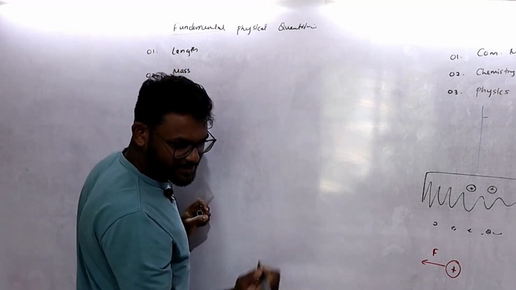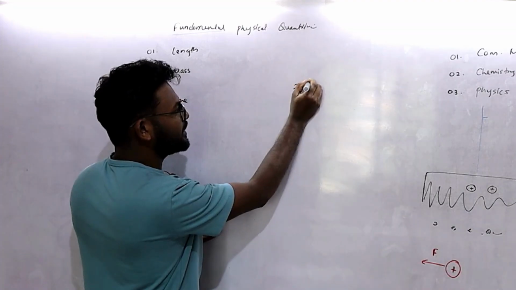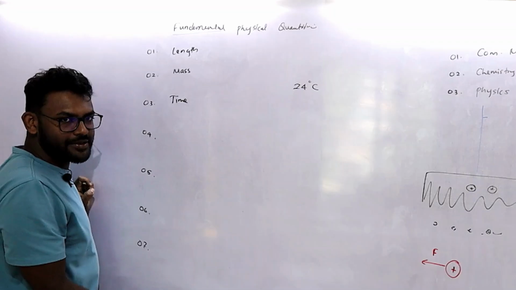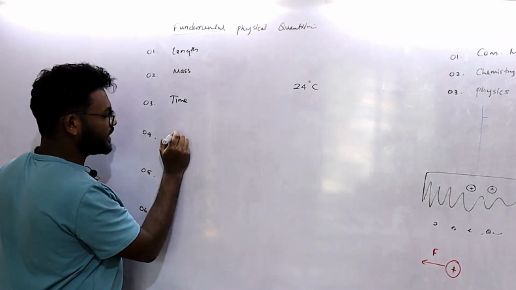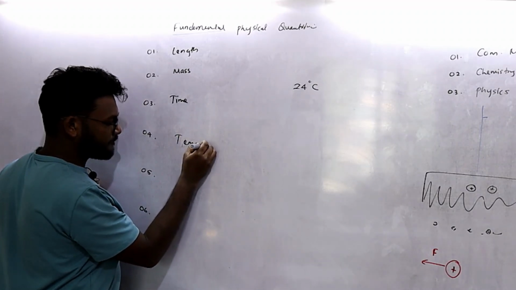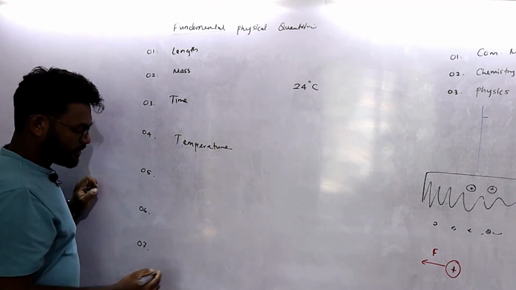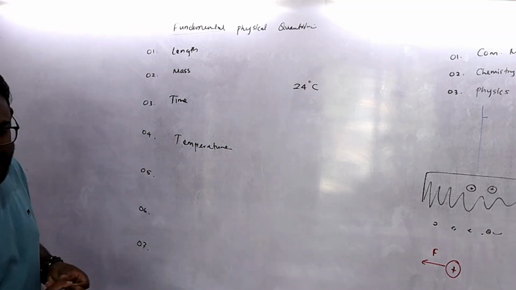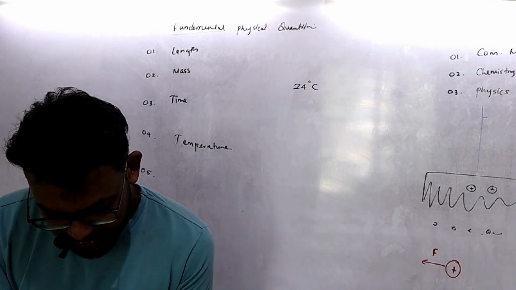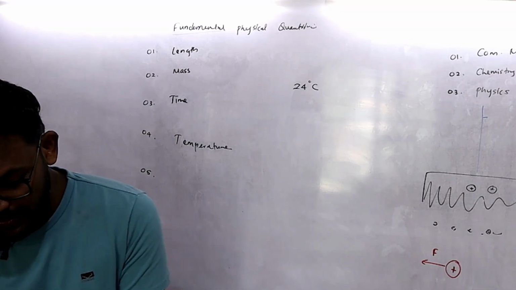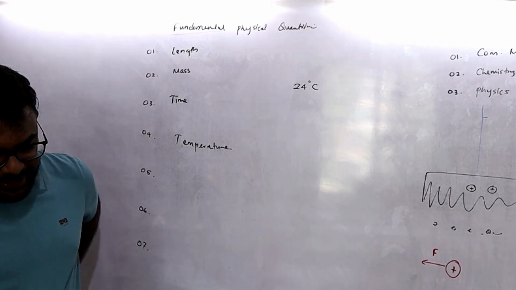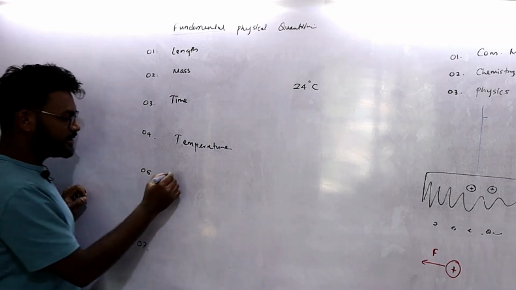About this one, I just saw the thermometer here in the lab and said that it is 24 degrees Celsius, which means the temperature also can be measured directly, right? So that is something called thermodynamic temperature or just temperature. And there are three more, right? You can see this one I have given on page 2 on the table, and there's a chart. So something called electric current is there,